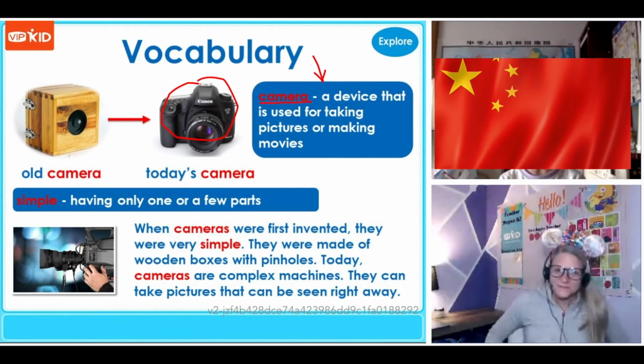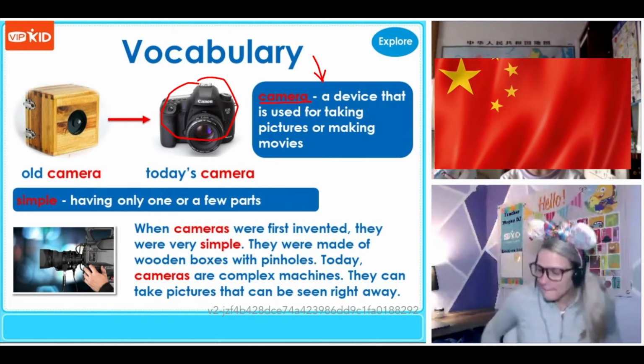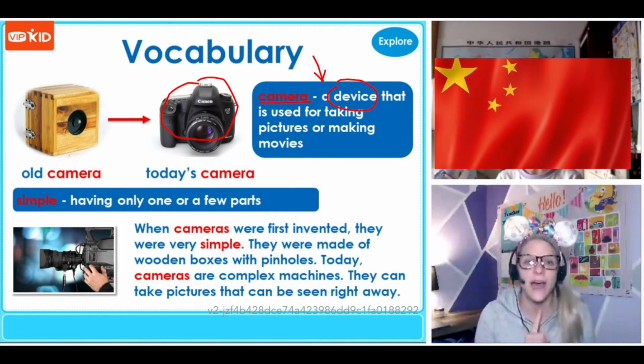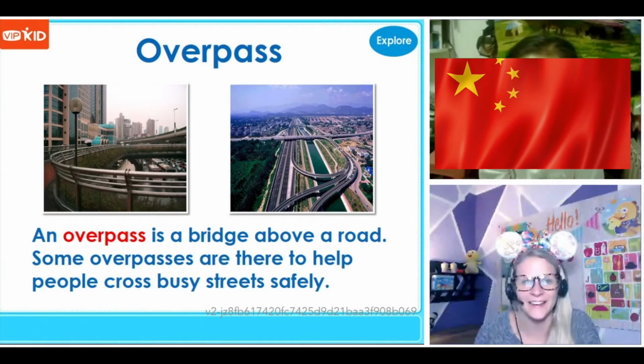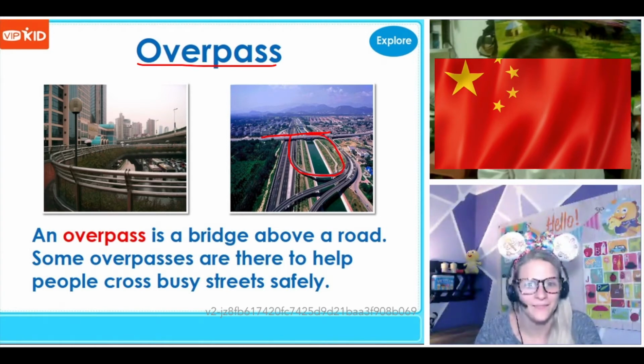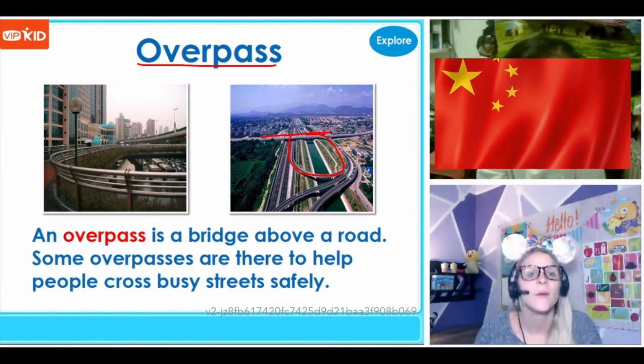A device that is used for taking pictures or making movies. Good. This word here? Device. Yes, very good. Okay, let's look at this word. Overpass. An overpass is a bridge, a boat, a road. Some overpass are